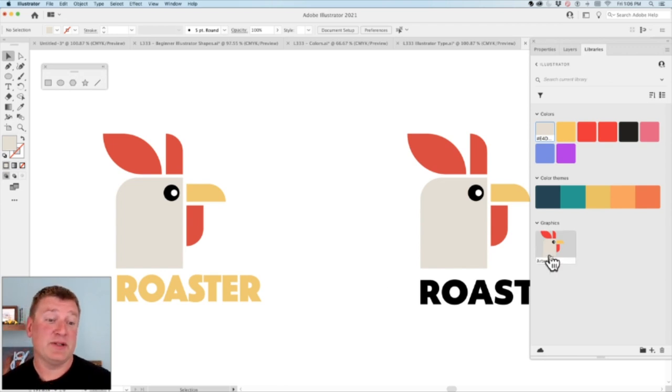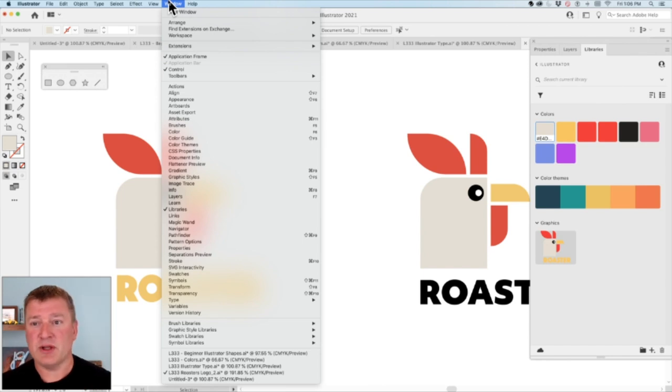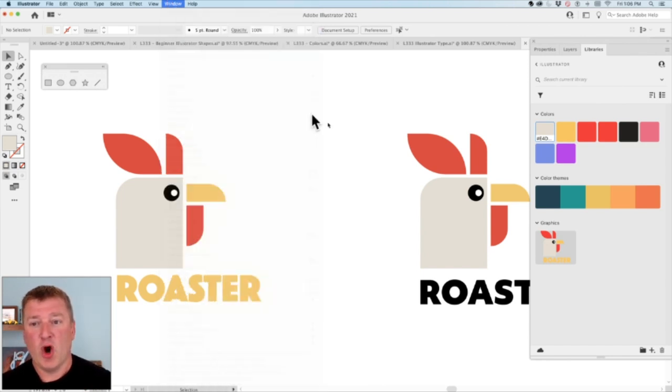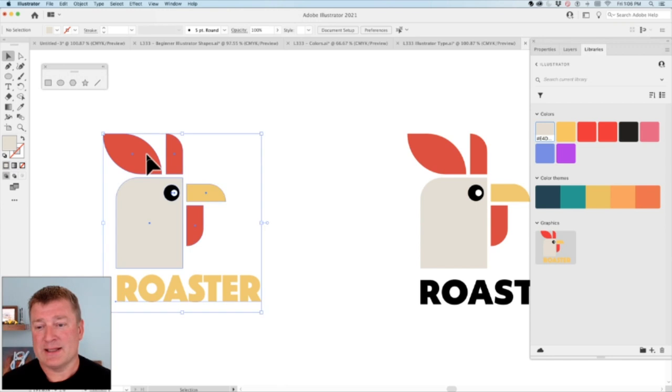Now, in the other applications, I can just open up this library, go to whatever application I'm using, go under Window, Library, open this up, and select these colors or drag this graphic right out into the application that I'm working with. If I want to save this for web use, I can select my